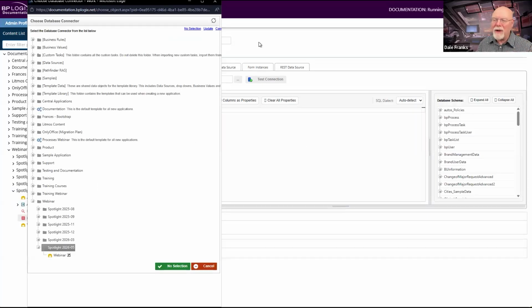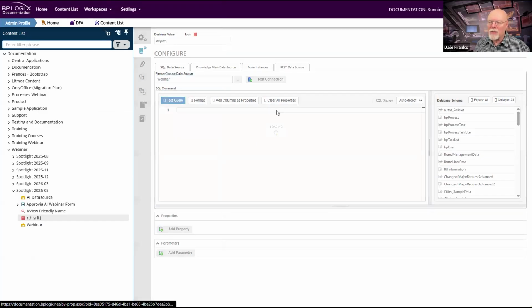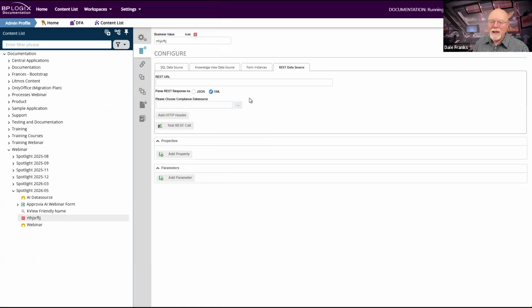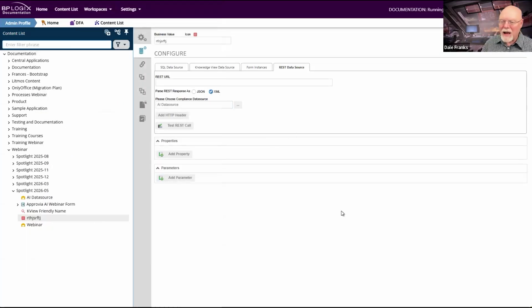But in any event, you can select your data source right here on your, well, it's a SQL data source. We'd actually have a REST data source. And you can choose your compliance data source for that data source to make the connection to it. So there's my AI data source right there, and we can just choose that as our compliance data source that will pass all the connection information that we need to pass to the AI service.